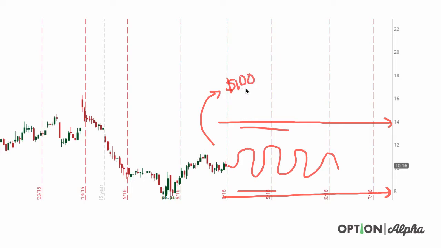So now with options, versus just buying the stock outright and hoping it goes up or down, we can build this framework based on our assumption of where the stock may go, or in my case, where the stock may not go. So I'll use probabilities and implied volatility analysis to determine where I think there's a high likelihood of the stock trading and build a strategy around that so that I profit and give myself a lot of